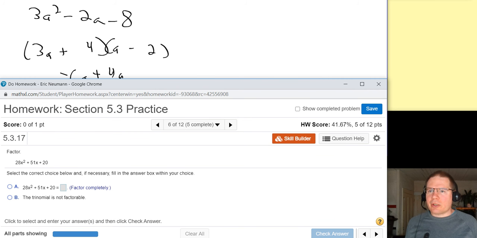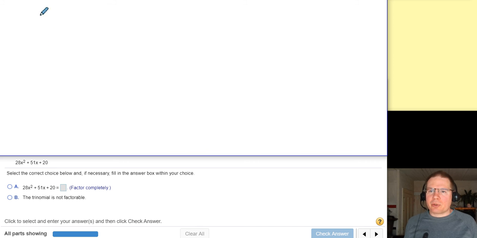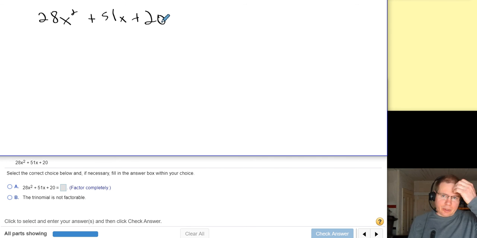All right, 28x squared. 28 is not prime, but it doesn't have the most choice in the world. All right, 20 also not prime. Now, I kind of have been skipping this just because it's so quick. I do it in my head. Common factors here? No. 51 is an odd number. The only factors of 20 are 2 times 10, 2 times 2 times 5. 2 and 5 both don't go into 51. No GCF. No GCF means I'm not going to have